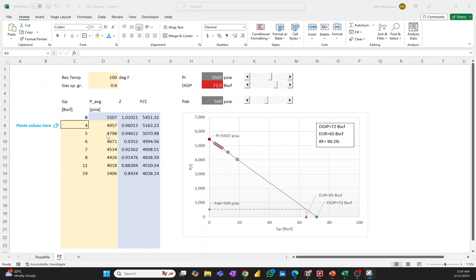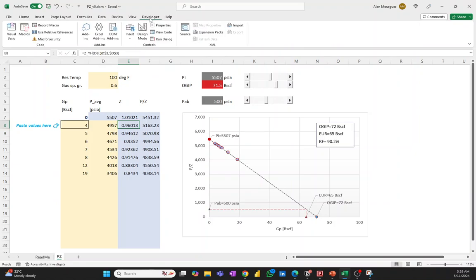These are the units. This spreadsheet has been built in, but it's easy to change to a metric system if you want. And what's in blue is calculated by the spreadsheet. So you can see here the Z factor. Actually, it invokes an Excel function. And you can see that if we go to the